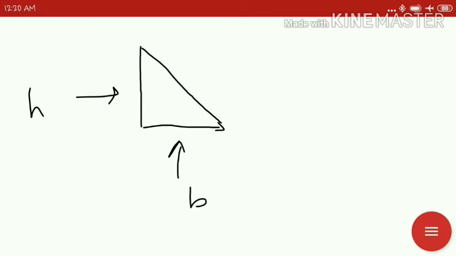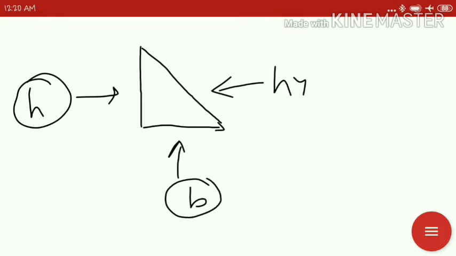So let's start our chapter. Basically, the cone or conical shape that I'm going to discuss is another 3D object which can be easily understood from a 2D object. Take the example of a right angle triangle. For the right angle triangle, this one is the height, that one is the base, and this one is the hypotenuse. Now if you take either the height or the base as the axis and rotate the triangle, you will see that it takes the shape of a cone in this way.